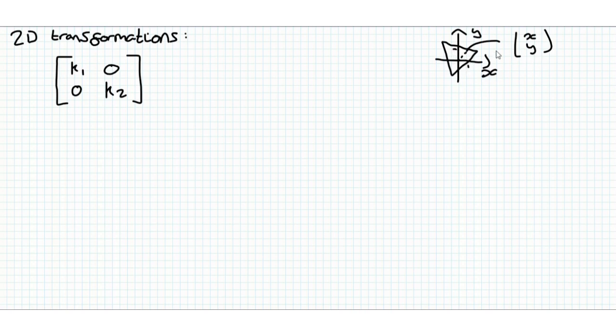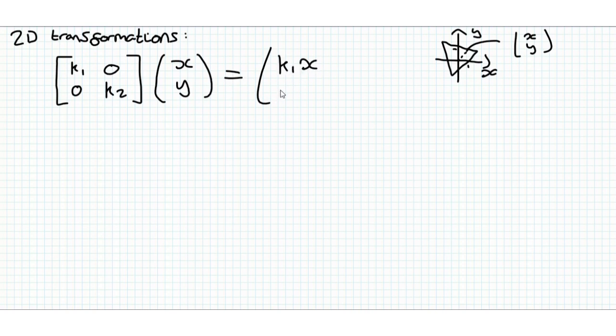Each point on this triangle can be represented as a vector (X, Y), for a particular value of X and Y. So we're going to multiply this matrix by (X, Y), and this yields